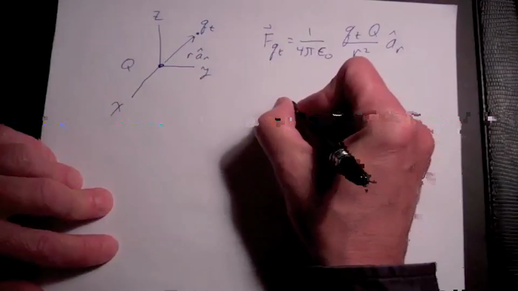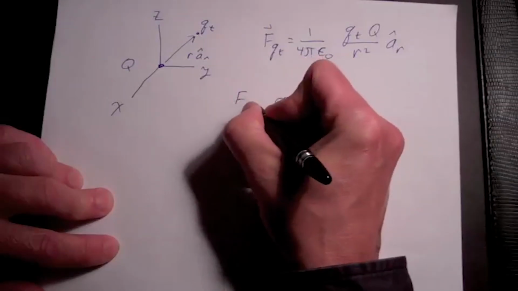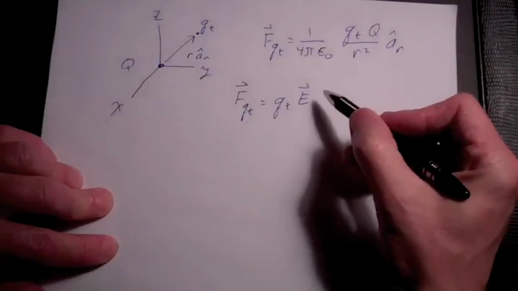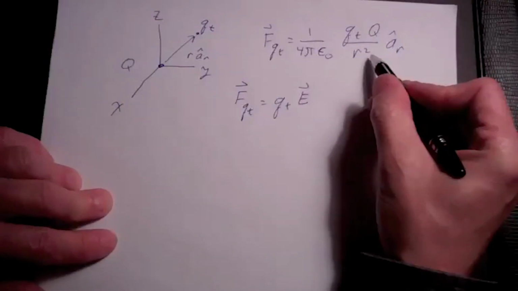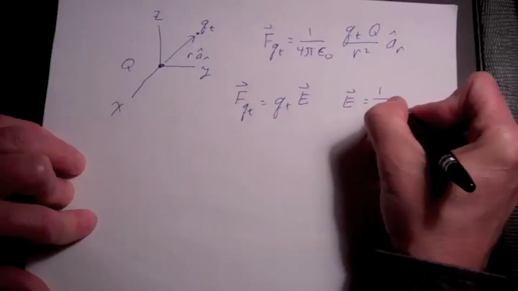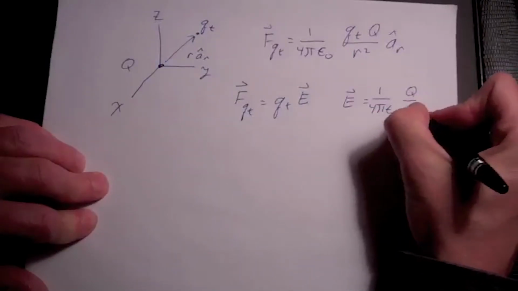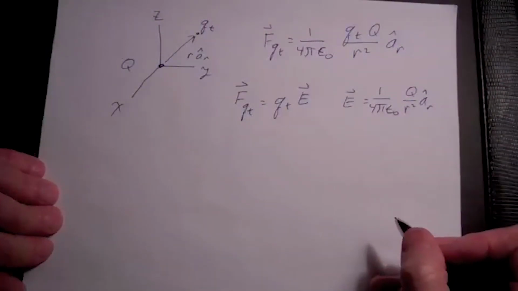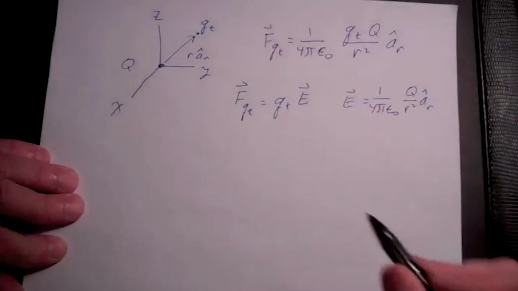If we put some charge, Q sub T, at some location in an electric field, the force on that charge Q sub T is Q sub T times the electric field. And we can see that then directly from Coulomb's law we can obtain the electric field due to a point charge at the origin as 1 over 4 pi epsilon sub 0 times Q over R squared in the A sub R direction. Now we also looked at the work of Michael Faraday and the concept of electric flux.